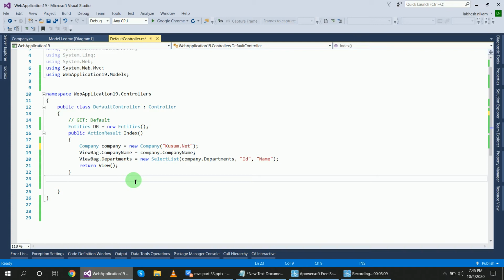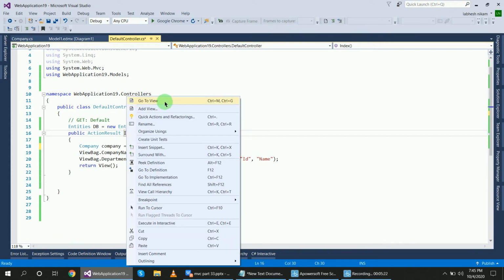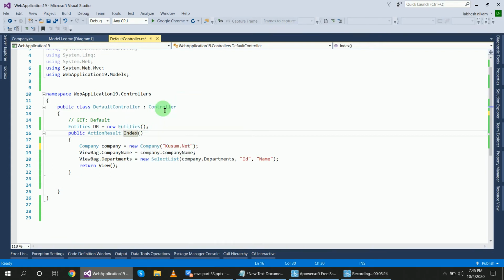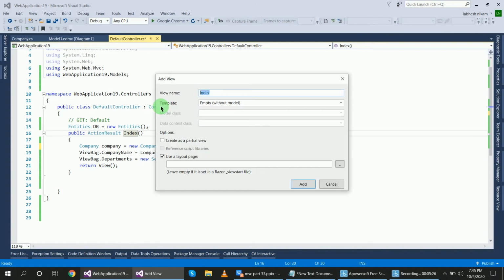This method is for the text box and drop-down list controls. Now create the Index view, add new. For this text box and drop-down hard-coded control, we will not create any model for it because this is hard coded.